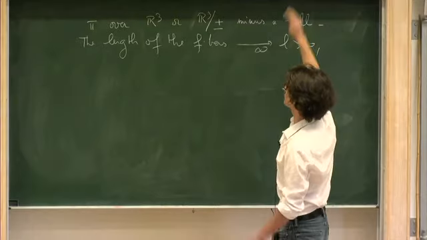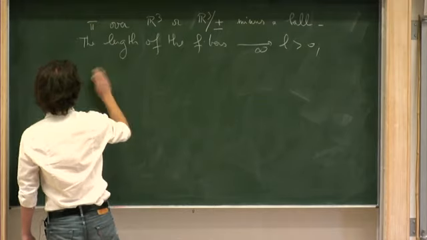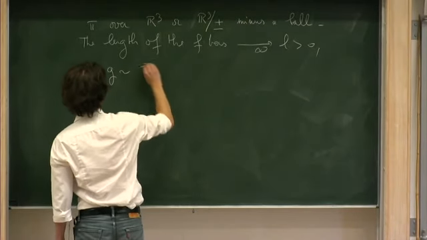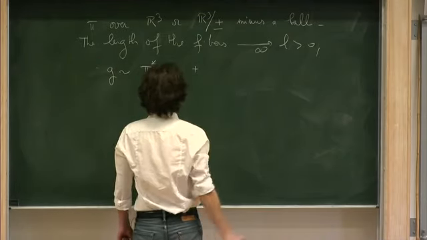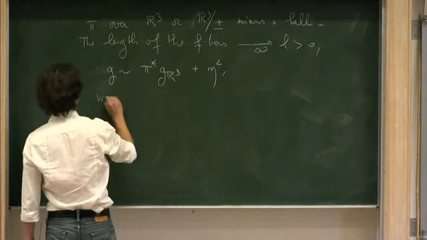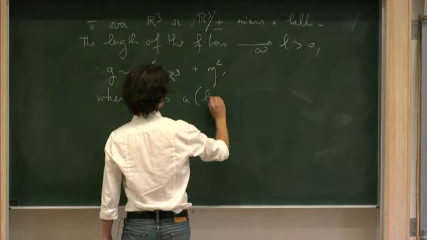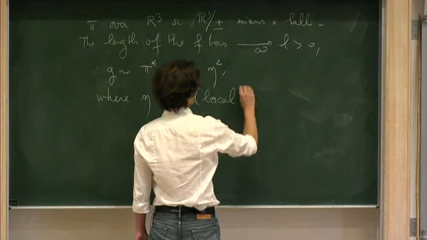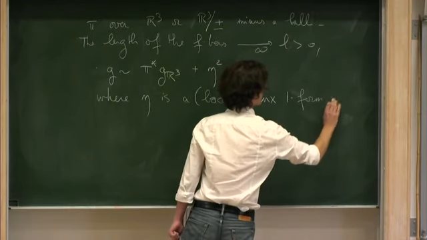And not only do you know about the space itself, but you also know about its metric. Your metric g over there is asymptotic to the pullback of the Euclidean metric on R3 plus eta squared, where eta is, possibly local in the quotient case, a connection one-form for pi.